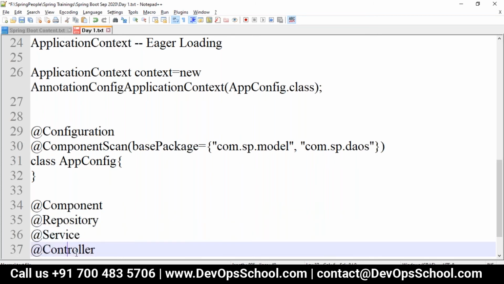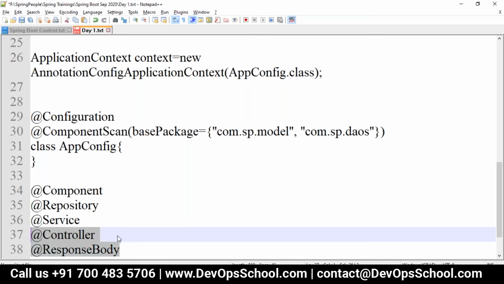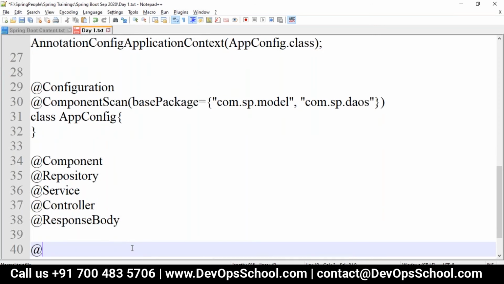When we go with the controller, it always looks for the view as well. The Controller annotation will always look for a view. But if I don't want to give a view, we can go with controller plus response body, to say I'm not looking for any view, I want a response body. But why mention both? Instead we can go with only one, which is RestController.